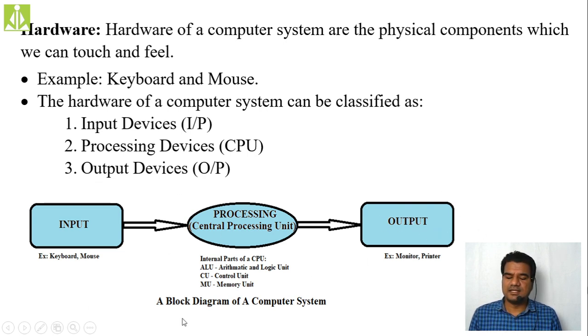Inside this block diagram, we call it a block diagram because it is showing a block-level estimation of computer components. That is the reason why we call this diagram the block diagram of a computer. Over here, the input block is responsible for generating the input to the processing unit, and the processing block is responsible for processing the given input. And then we have the output block, which produces the output for the end user.